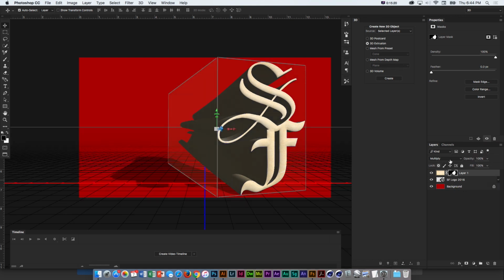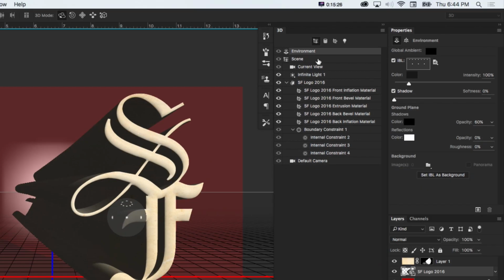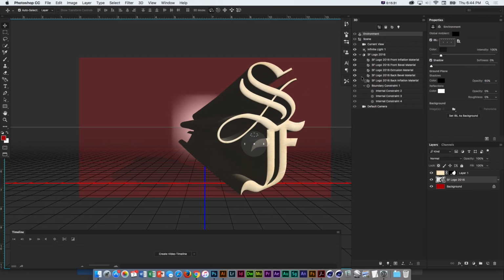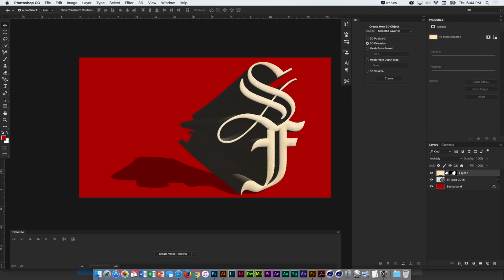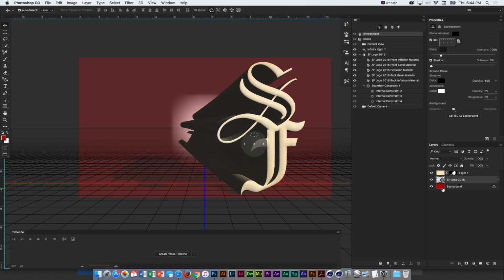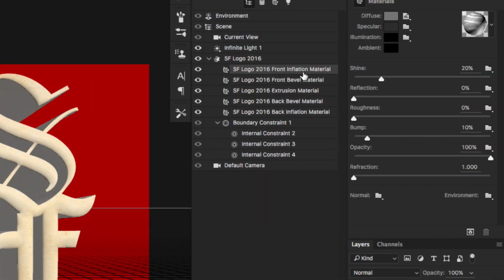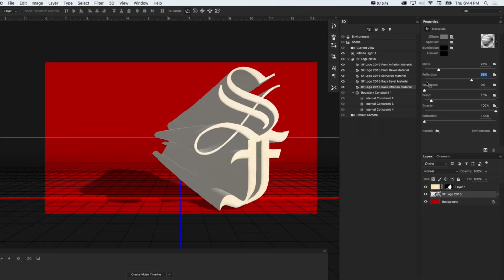The other thing that's cool is it makes things like setting up lighting pretty easy. So one thing that's really cool with 3D is, rather than or in addition to this default light, if we had a very reflective material, so if we just have reflections on all of these, it looks kind of white.